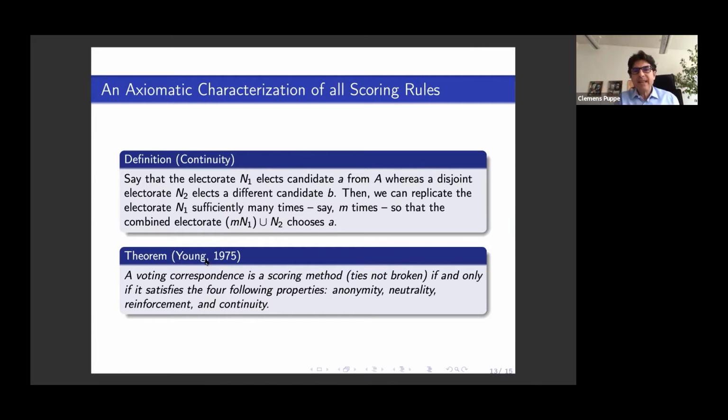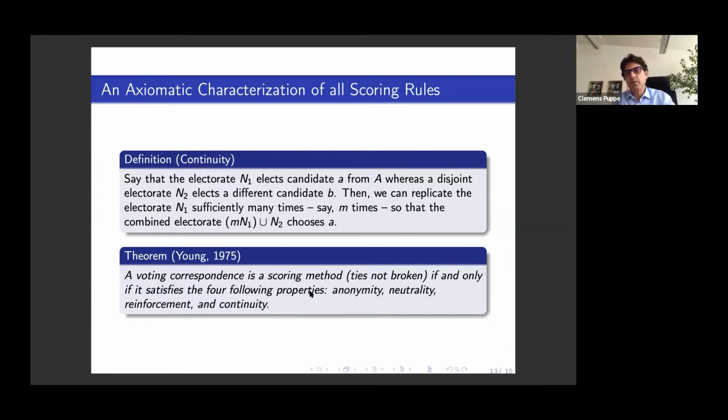So that's why I call this a voting correspondence and not a voting rule, right? Because it could be set valued. Sometimes I have a set of candidates who could be the winners because there are ties. And the result is such a correspondence is a scoring method if and only if it satisfies